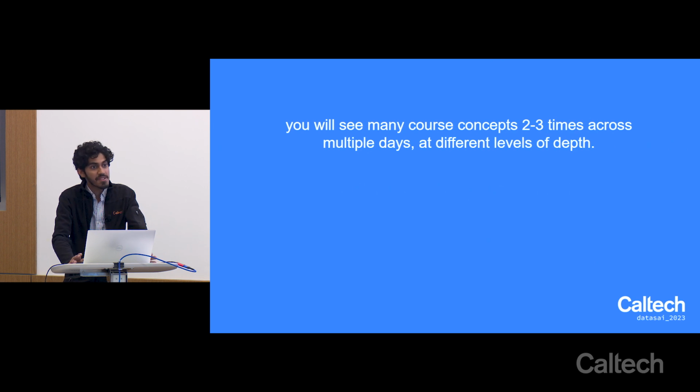You'll also see many different topics at different levels of depth, right? I'm going to talk about things like PCA and regression today, but we're not going to go into them in too much depth. James is going to take off and talk about some of those concepts tomorrow. Tara is going to cover them yet again, and we'll cover them yet again next week. The reason we do this is because you'll see them at different levels, and also in very different contexts and use cases. Hopefully it'll make these ideas really clear to you.